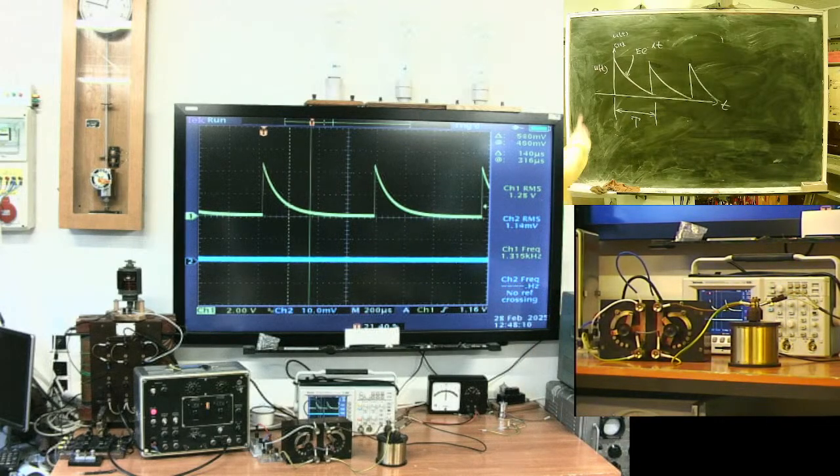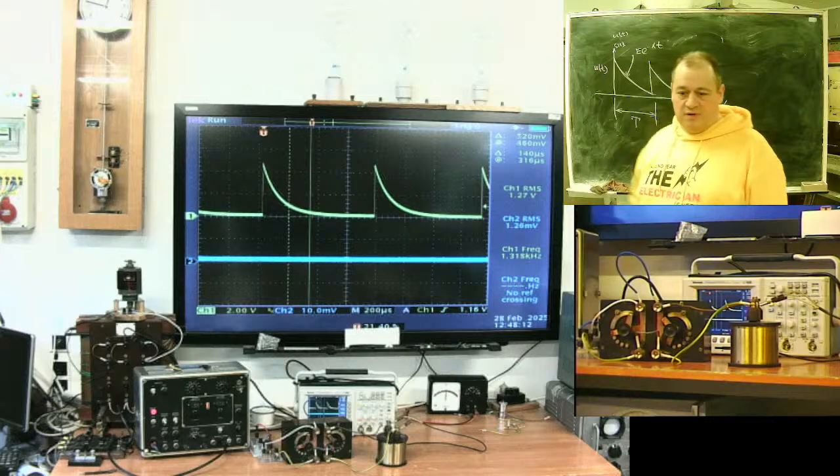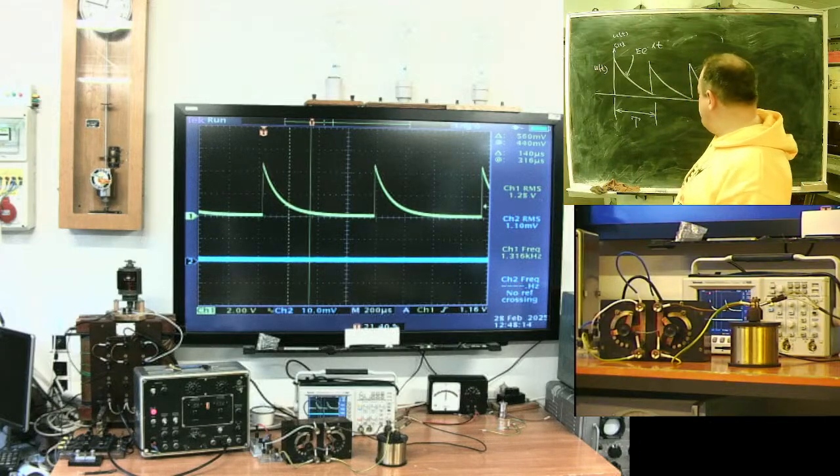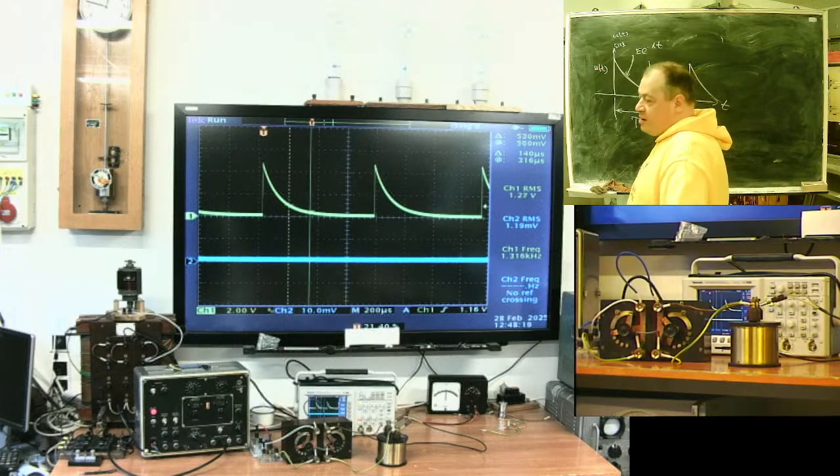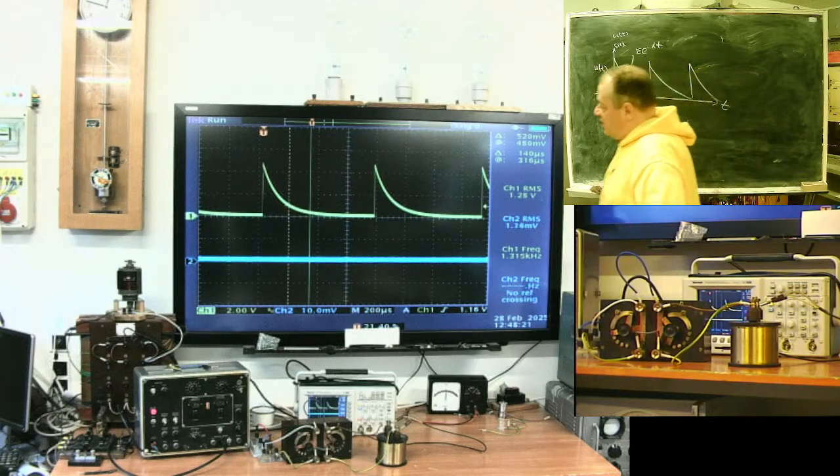So I have this sequence of discharges. Capacitor is discharged every